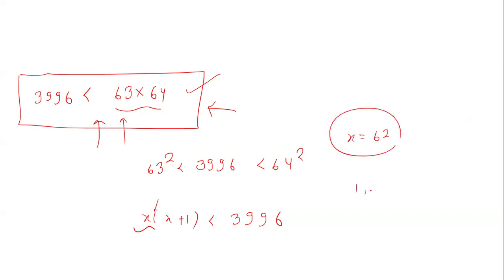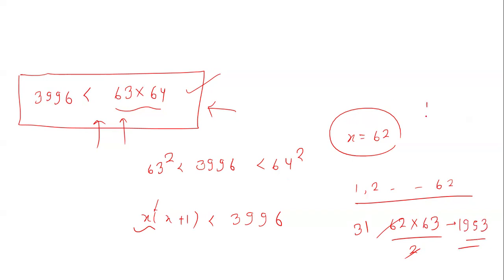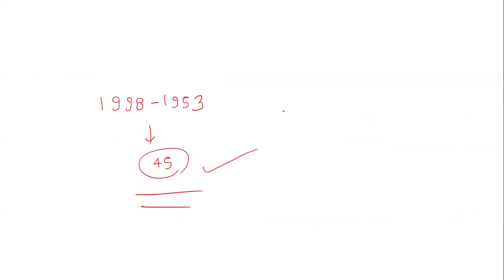So the person read up to page 62 and then he added those pages. So the actual sum, if he added correctly, is this. So the actual sum should be 1953. But what he got is 1998. So by comparing this number and this number, we can easily see what page number he added twice. So the page number he added twice is 45. So we can easily find out this is the answer. So in this way we can solve this.